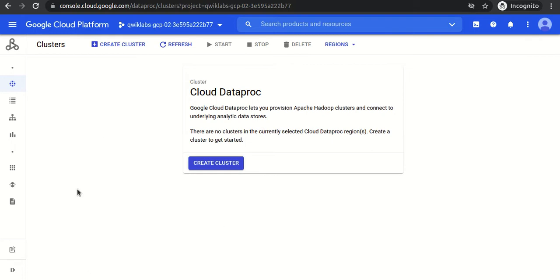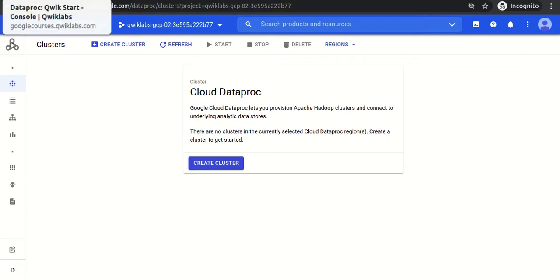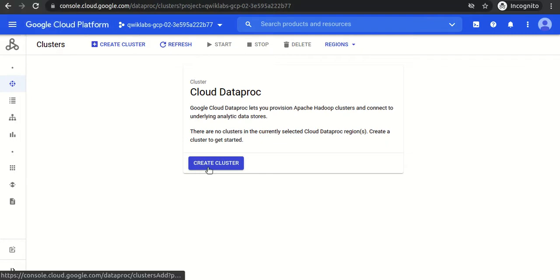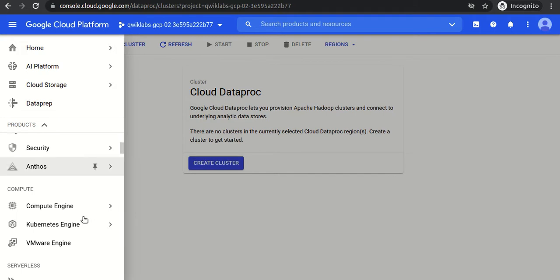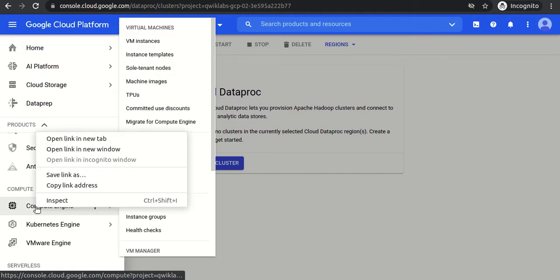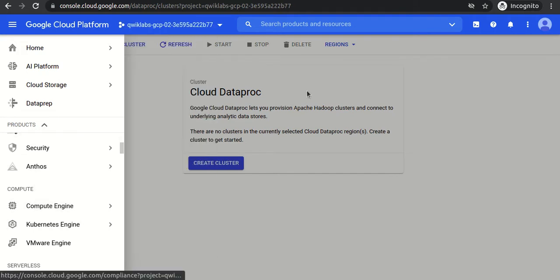So we don't have anything right now, so it's totally blank. We don't have any cluster. So if we don't have any cluster, then we don't have any jobs. So first we create a cluster. But let me show you one more thing. Let me open the virtual machines. Under Compute, we have Compute Engine, which is basically virtual machines.